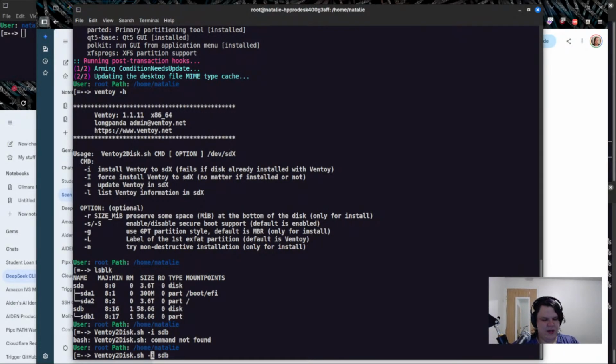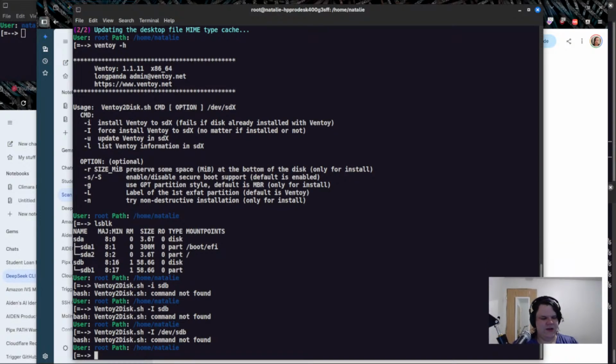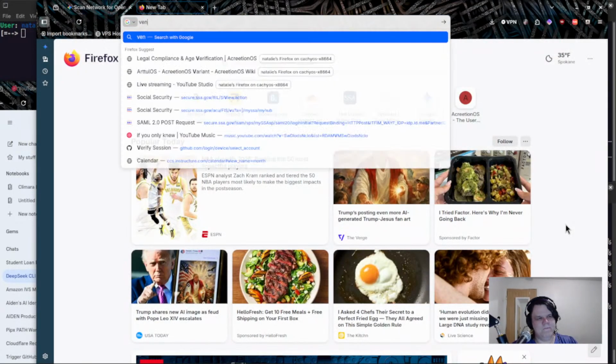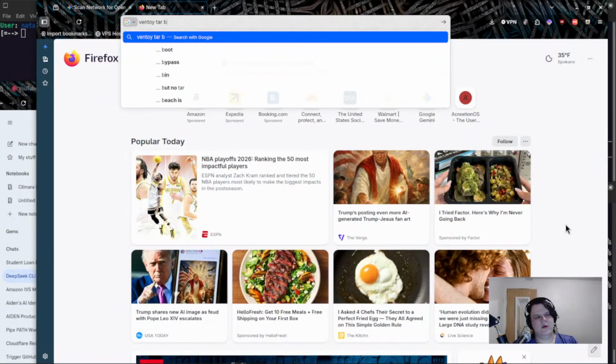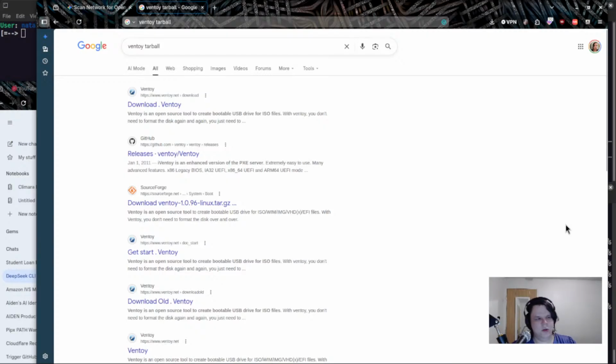We're gonna do capital I. Yeah, because I don't think that's right. We're gonna need the tarball, aren't we? Because what I grabbed was just the installed executable. So you just go here.